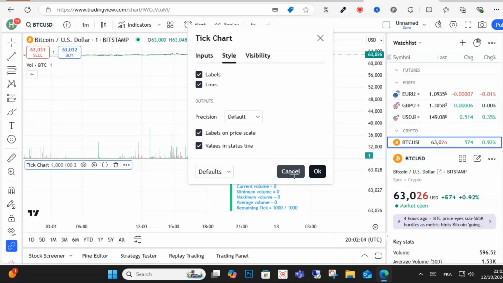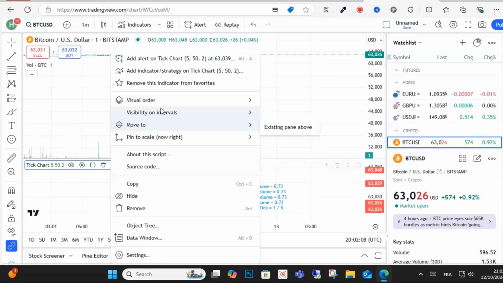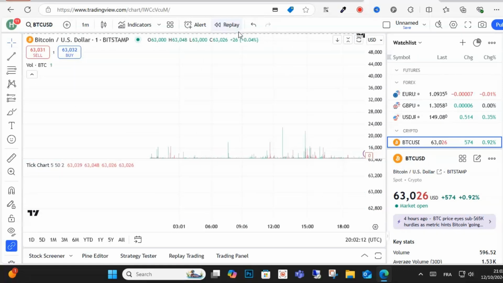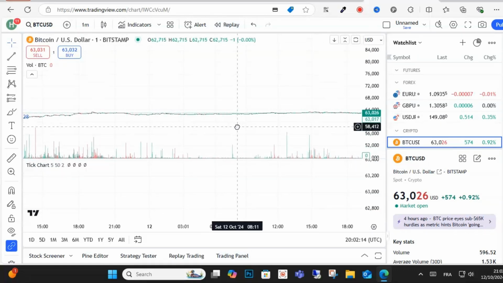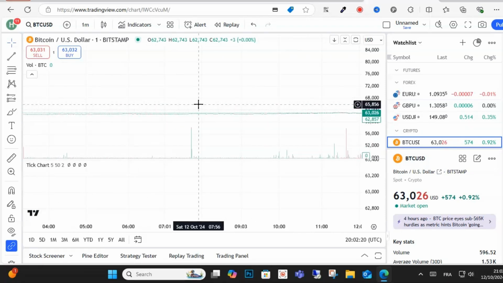And then after that, apply the view, apply the tick chart, and you can apply the chart. You will see the display update based on your data. You will see candles forming based on the number of trades. This is how you can do it, guys, and you can analyze your tick chart easily, and you can